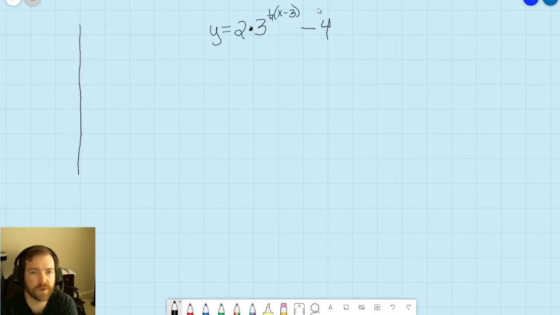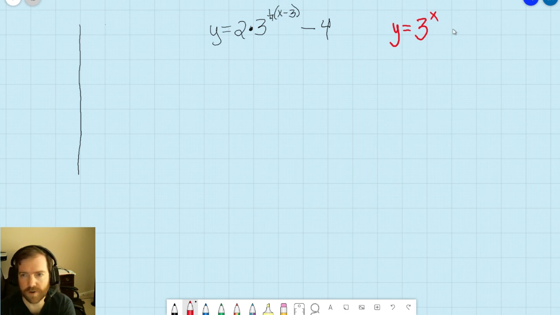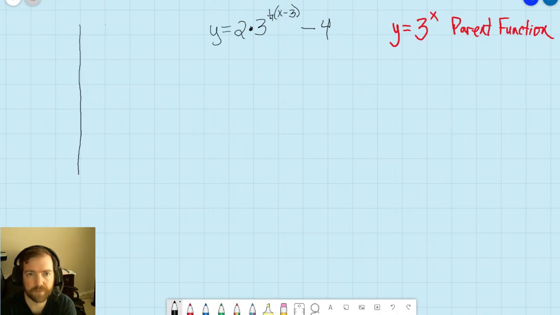One of the things that I really focus on with my class is looking at the general form of what the parent function is. So in this particular case, y equals 3 raised to the x is what I term the parent function. And the parent function, generally speaking, is going to be graphed